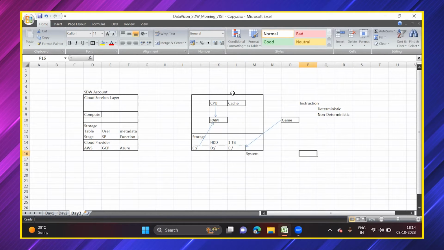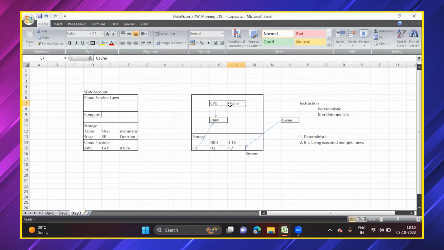Some will call it cache, so it's up to you how you want to call it, but the spelling will remain the same. So here, if a CPU is doing some operations and those operations are deterministic, we have different criteria. Okay. So if the instruction is deterministic, and the second point is that it is being executed again and again, executed multiple times, then in this case